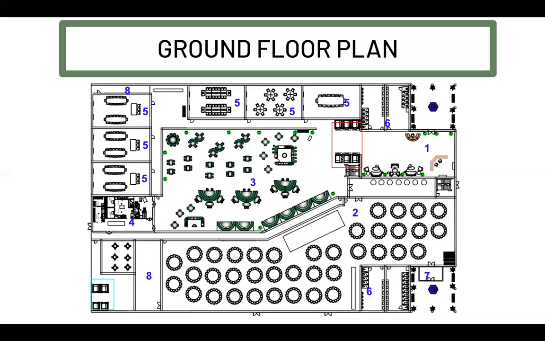Number 2 is our banquet room, which seats 500 to 600 people as requested by the client. And then number 3 is our all-day dining restaurant. Number 4 is our back of house, so the kitchen and dishwashing area. Number 5 is our meeting rooms. And number 6 is our bathrooms, both men and women's bathroom in the lobby as well as in the banqueting